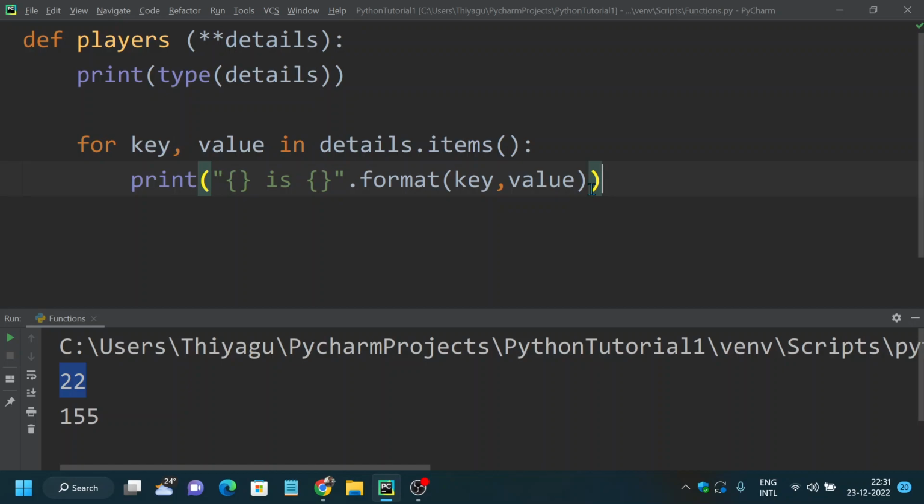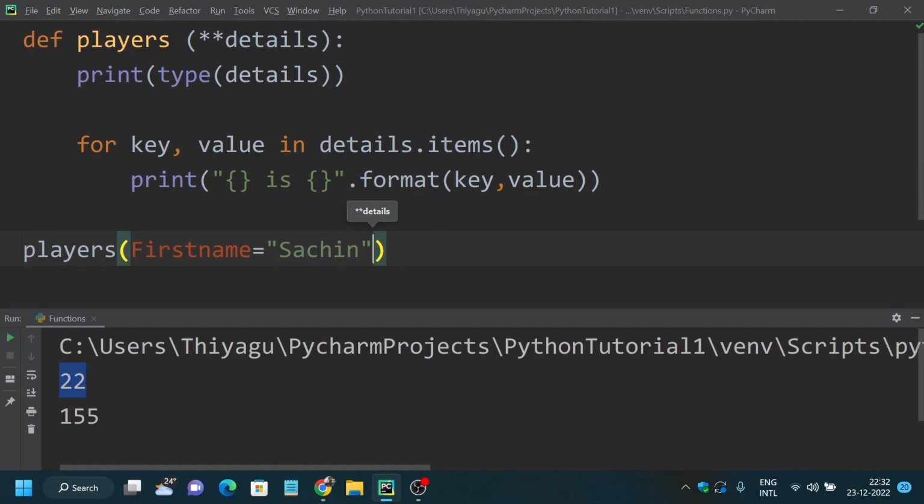All right, and finally I will call my function. So players, I have to pass the details. Say for example, let me call first name equal to, say, Sachin, and last name equal to, say, Tendulkar, and age equal to, let's say, 52. All right, now if I run this,